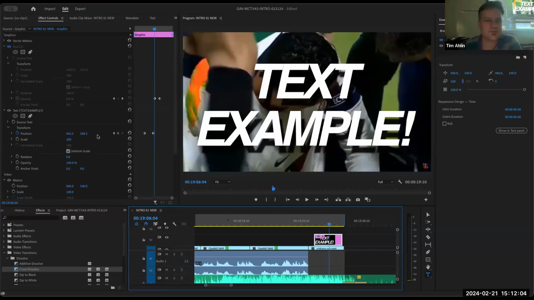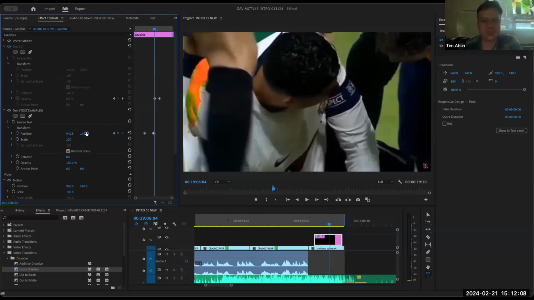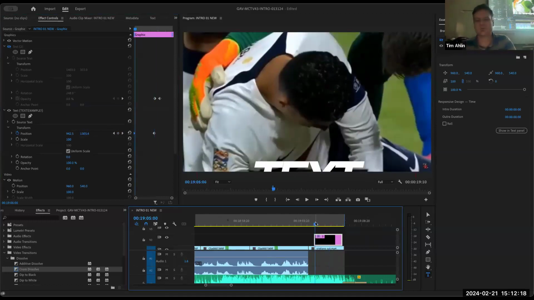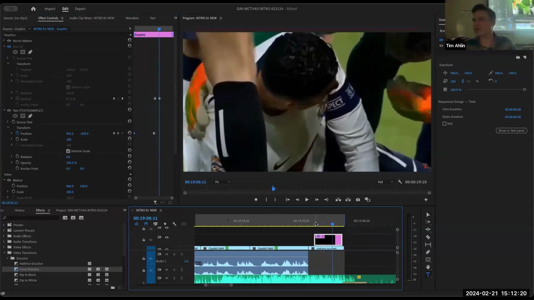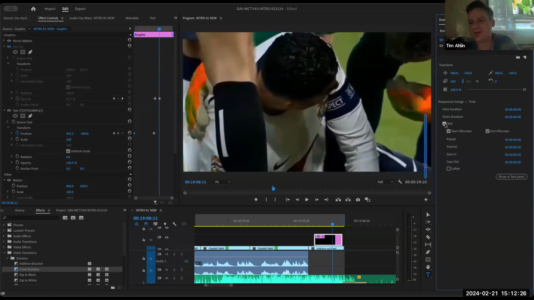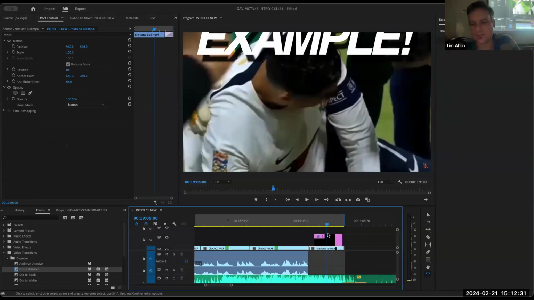Do I have to manually go in and change my position and have it start here? And then, all right, starting there. Let me get rid of these keyframes. And then I'm going to have it end here. All right, well, that's one way to do it, right? Oh, then I got to time it all, right? Okay, that's really annoying. Well, they actually have a way to design it, and we're going to talk about it now.